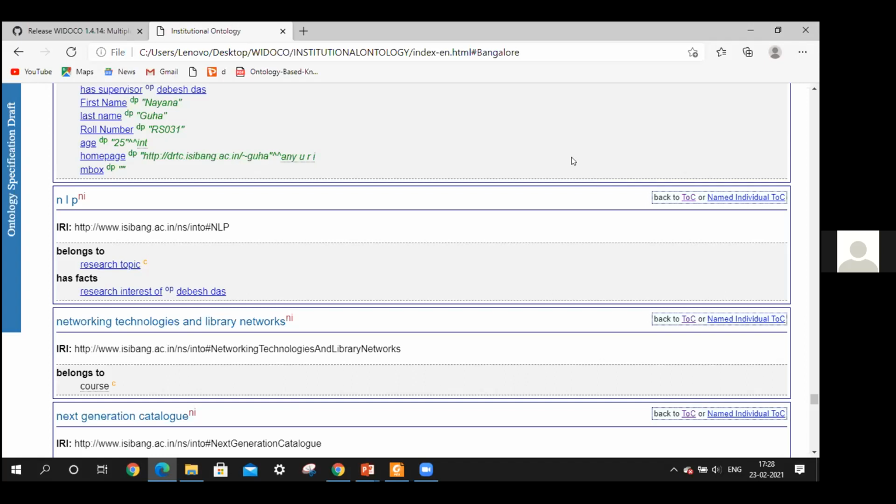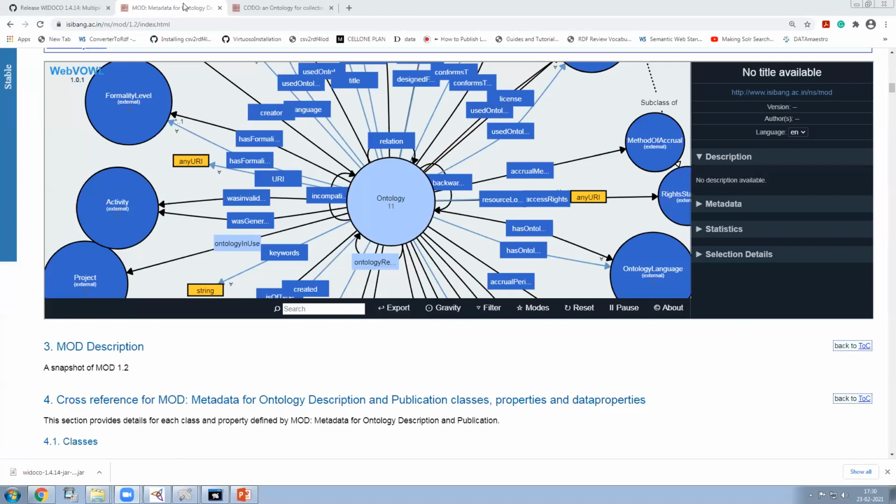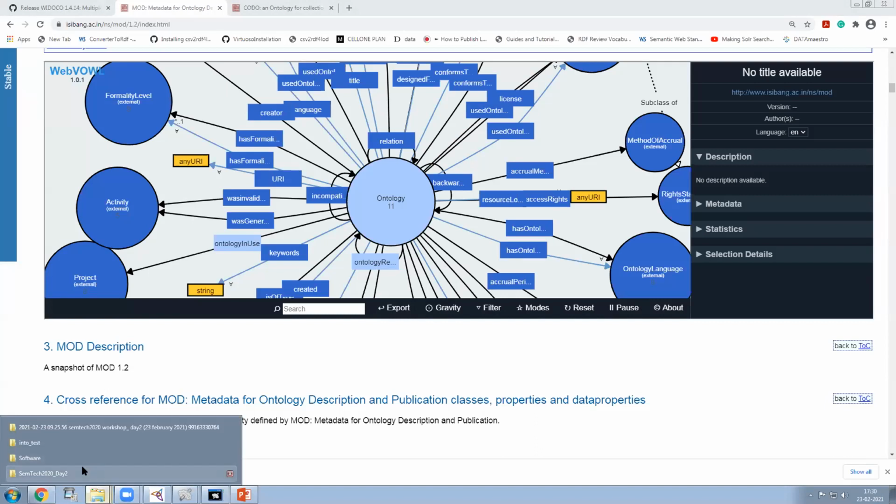So let me share my screen now. Okay, earlier I was showing this page, so we don't need that. Now I will show you the same thing he just demoed, but let me put it in a different way.